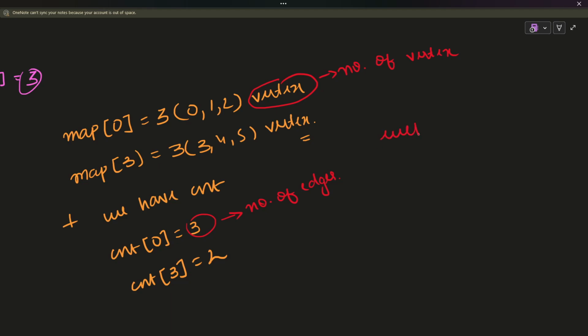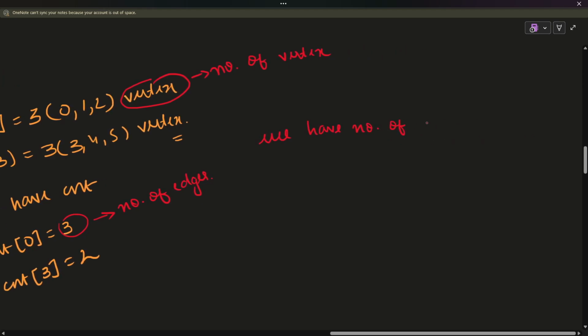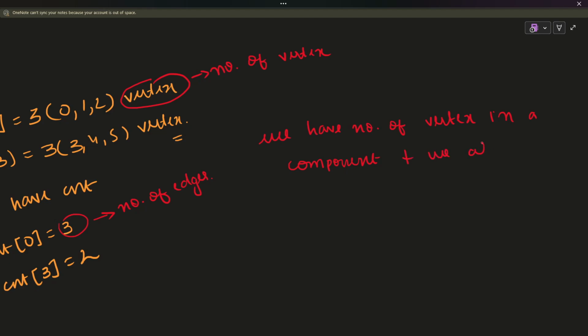We have number of vertex in a component, right? Plus we also have number of edges in a component. Okay,